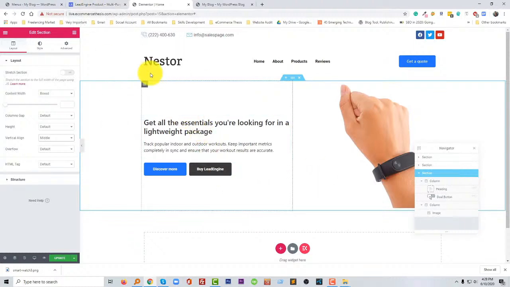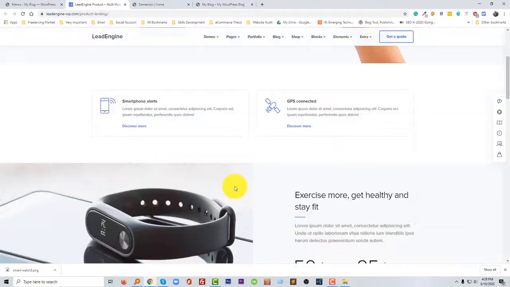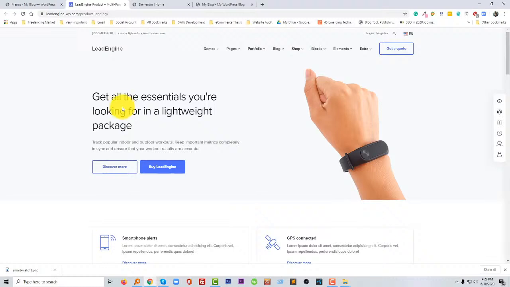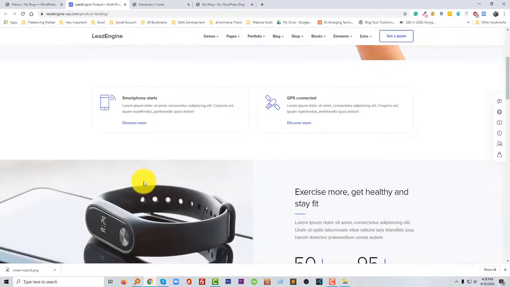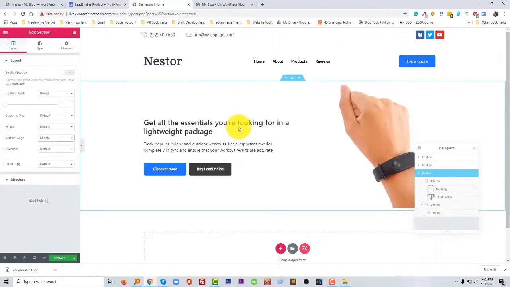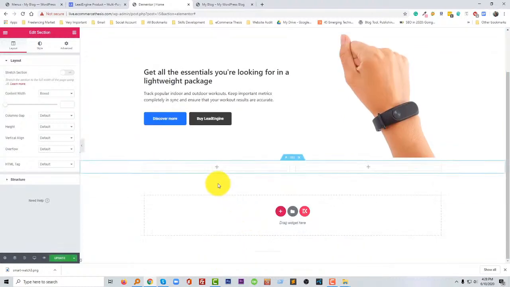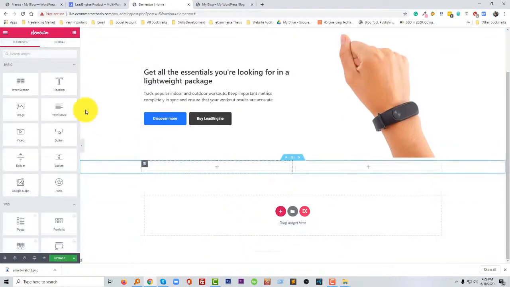I know first we need to work on the typography, color, and make more space, but I want to finish the layout first, so I'm going to add these two sections here, save, add new section, two section in the plus icon,